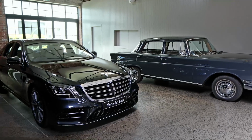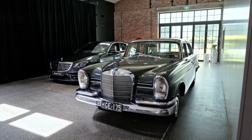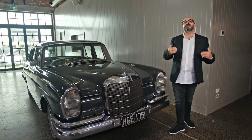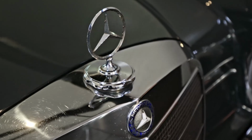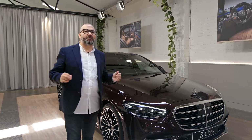Well, the Mercedes luxury flagship has always been synonymous with the latest motoring technology. This was the first car to ever have crumple zones. So what we end up seeing is that technology filtered down to the cars we'll be buying in a few years. Sadly, we're not driving this today, but I do have enough time just to show you around a bit,